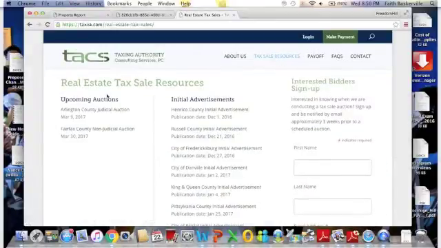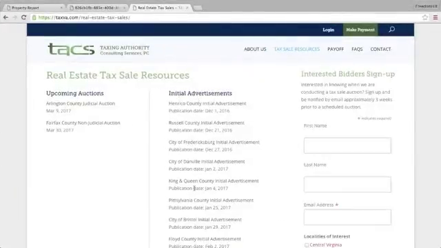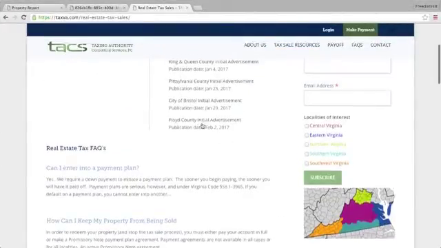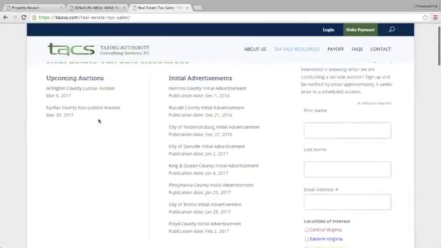And when you click on tax sale resources, it'll take you to all of the upcoming auctions recently. We typically look at the initial advertisements column because we know that usually we have a little more time to be able to send out a letter and contact those owners before the upcoming auction. Over here you'll see an upcoming auction section, and usually these are coming up pretty quickly, and usually there's not enough time to contact the buyer prior to the auction. So we look to the initial advertisements,